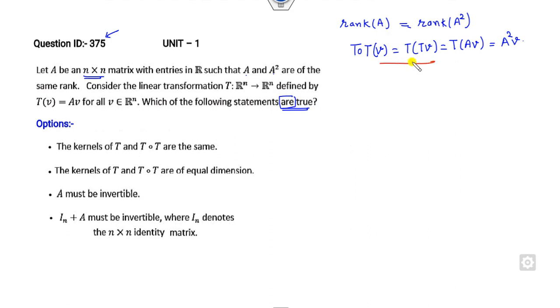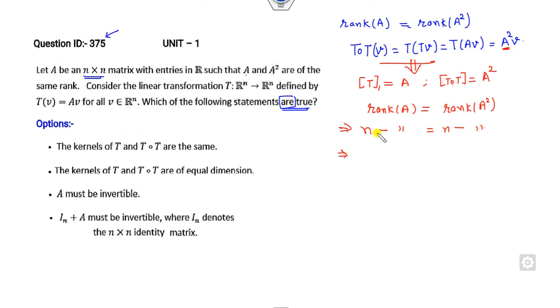So what is the meaning of this case? It means if I apply the transformation T, this is my A, and the matrix associated with T circle T is A square. You can see that. Now what is given to you? Rank of A is rank of A square. So if I subtract n from both sides,